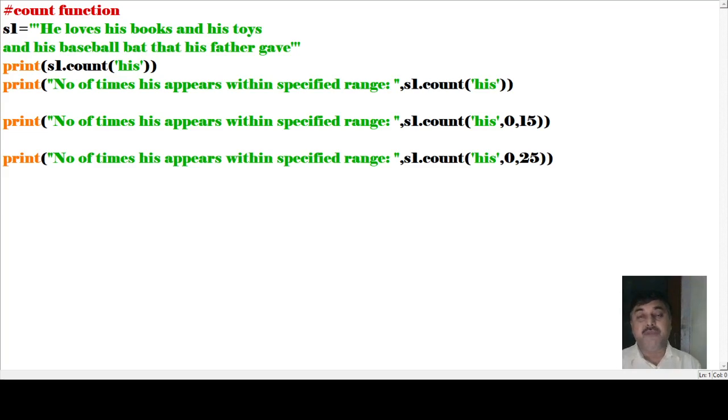So we can find that when we have taken one sentence, in this sentence first and foremost with this particular implementation we are counting how many 'his' there are. Okay, how many 'his' are there. Then after that we are specifying 'his'. After that it is from the 0th position to the 15th position. Next one, from the 0th position to the 25th position, that means up to before 25, meaning the 24th position. How many 'his' are there, that you find out. So this is what we are doing.